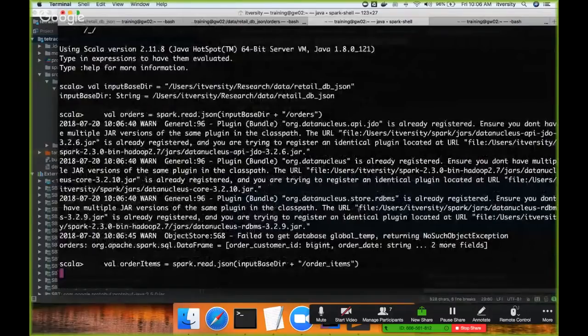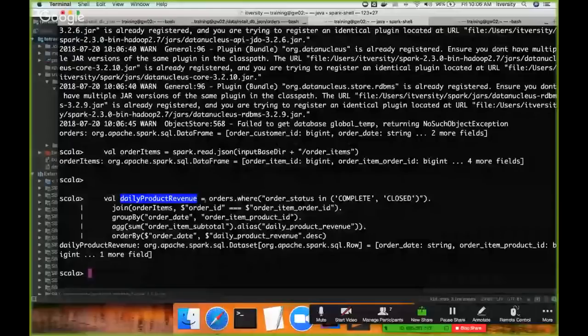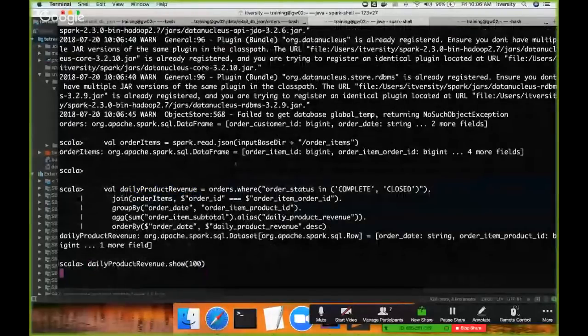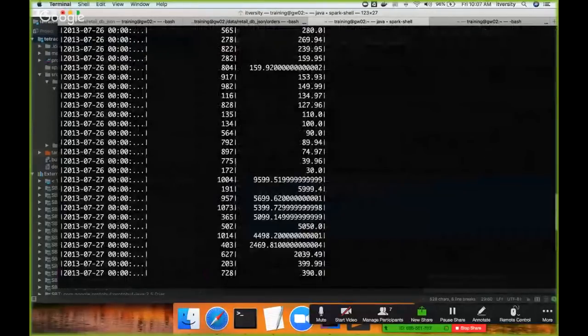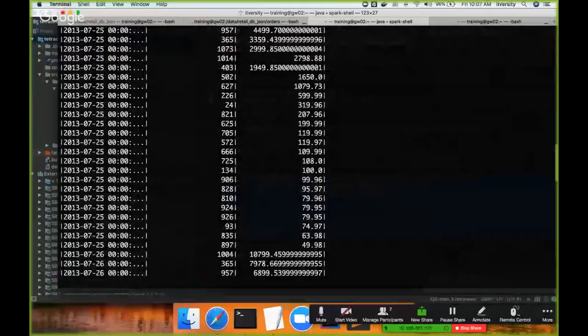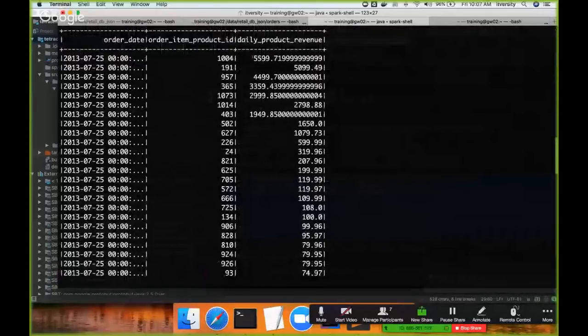Now, daily product revenue is a data frame, which contains date, product ID, and product revenue in ascending order by date and in descending order by revenue, right? So this is the data frame. Now, if I want to get ranking done, I want to give ranking within each date based upon product revenue